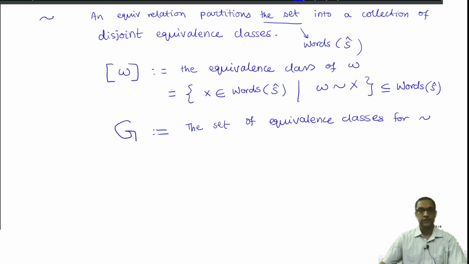So just take the collection of all equivalence classes. In other words, the elements of G are themselves subsets of words of S hat. Now look at the collection of equivalence classes and observe that one way of writing it is to say it's the set of all [W], as W varies over the set of all words